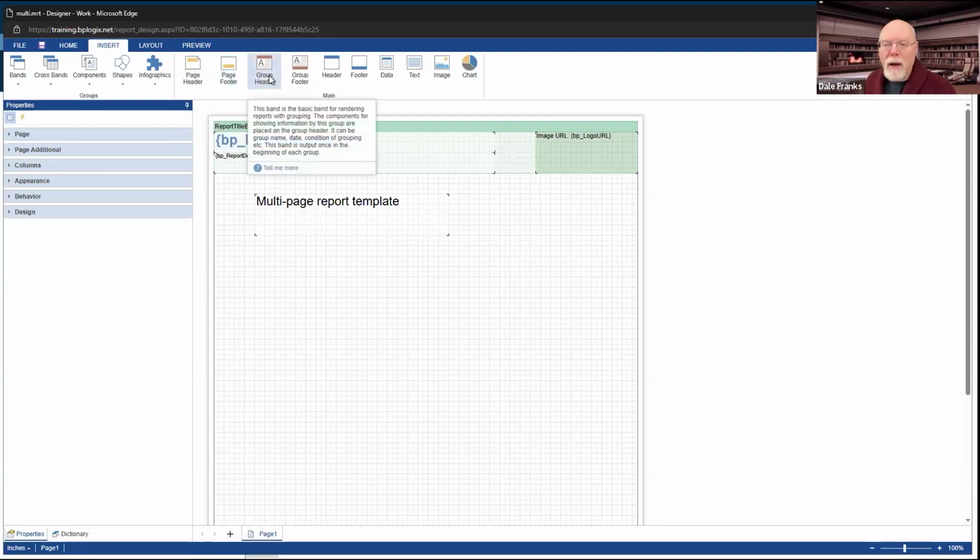Then there are group headers and group footers. Now we are going to use group headers and group footers to discriminate and to count the number of form instances and the number of timeline instances, and we're going to separate them so that when we look at the report we know what section has the form instances and what section has the timeline instances. And we're going to throw in a group footer so that we can maintain a count of how many form and timeline instances there are.